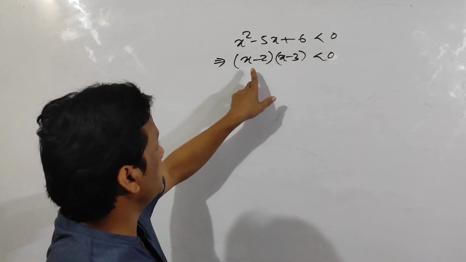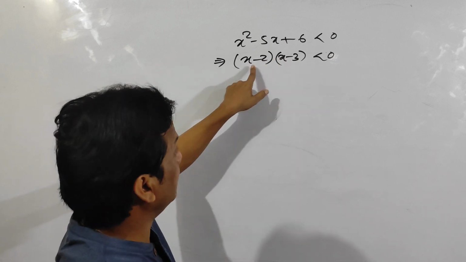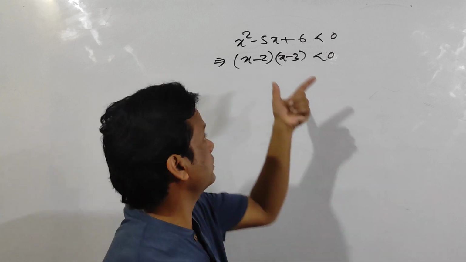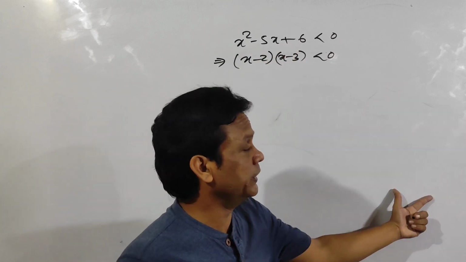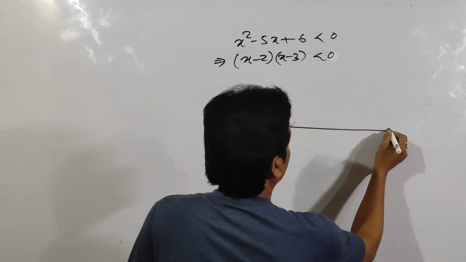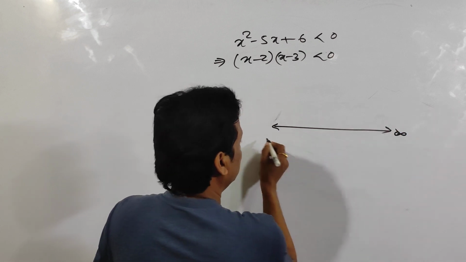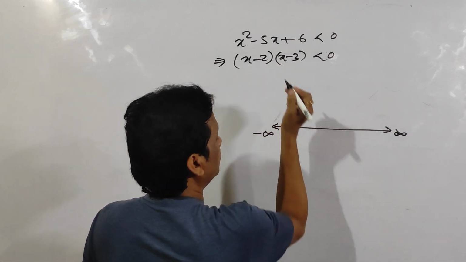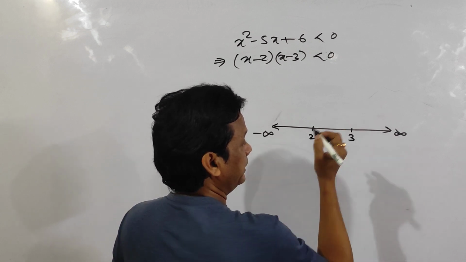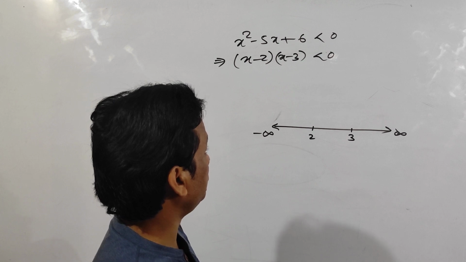Clear? So that means x equal to 2 is one solution, x equal to 3 is another solution. You can write like this, or you can find out the values. Let the values be 2 and 3. For example, you can solve this in the rough and you can get the values 2 and 3. So now draw the number line, with infinity, minus infinity, and 2, 3. So 2 is less, so you should keep it on the left, and 3 is greater, so you should write it on the right of 2.